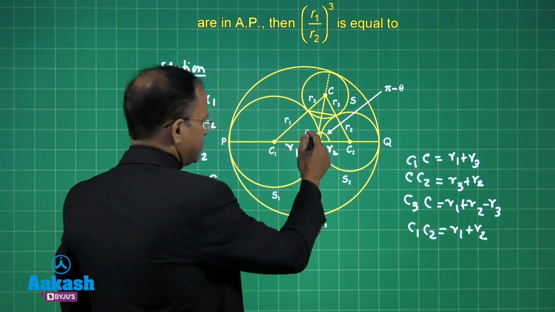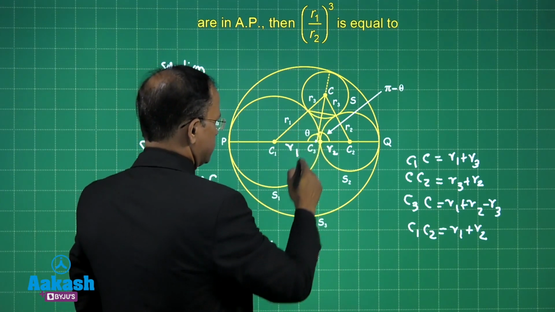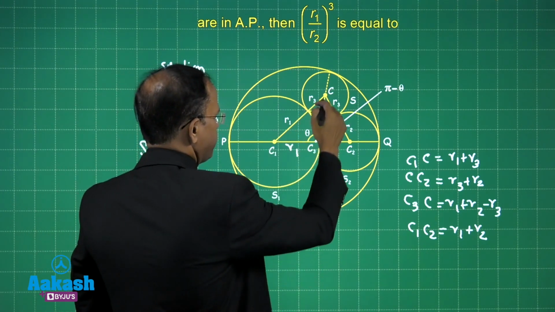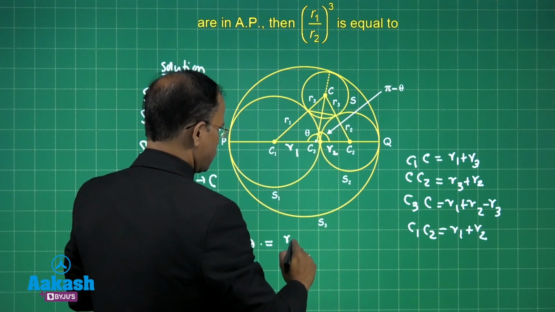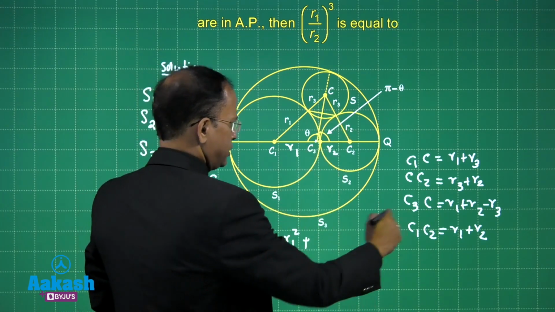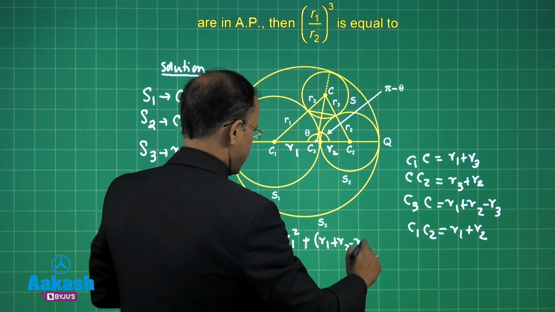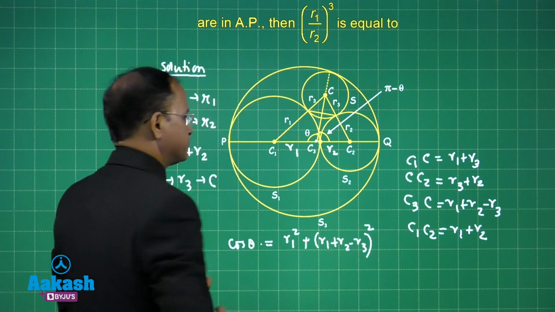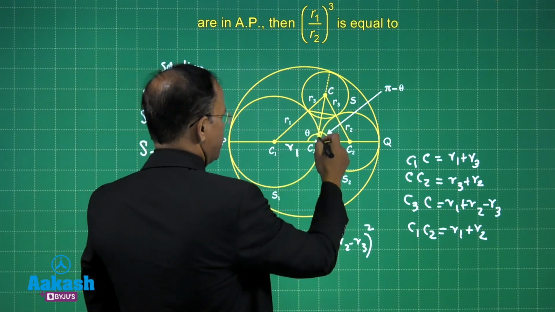If we take this angle theta, we take this side and this side. So this is going to be R1 square plus C3 C, which is R1 plus R2 minus R3 whole square, then minus, because it is B square plus C square minus A square,